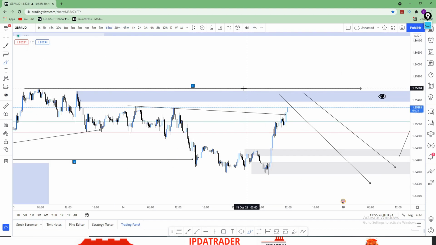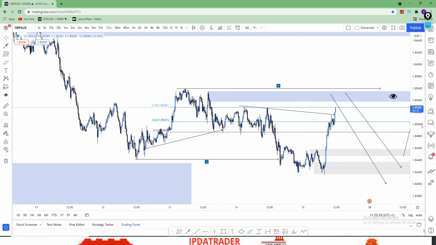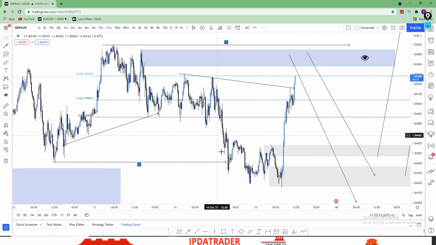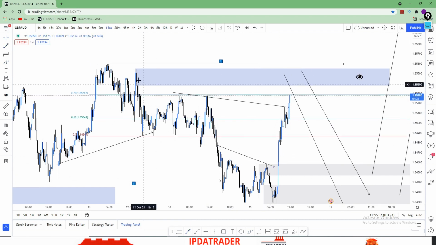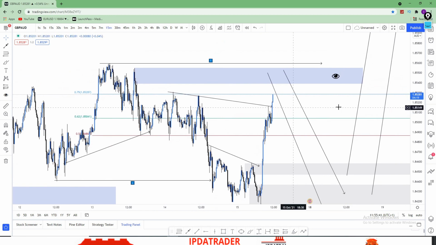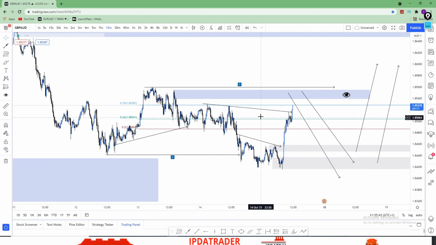You can potentially zoom into even lower time frames and we can have a look. We also see that we took out liquidity on the way up, which is great. We also see that this POI is absolutely valid. And at this point, I don't have to do anything in this market